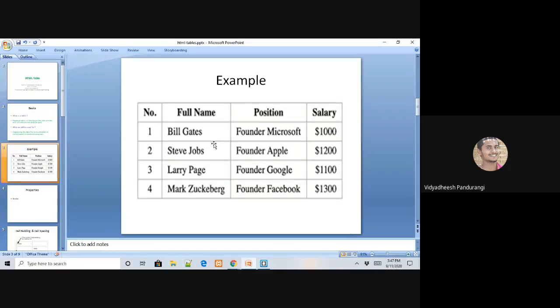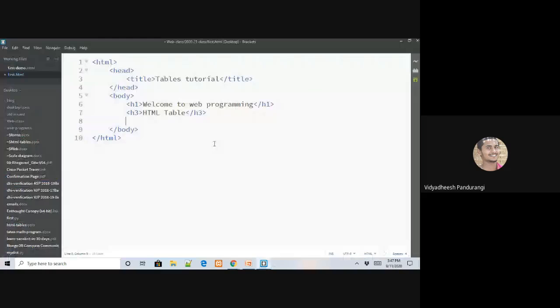This particular table we'll draw. I hope you are aware of the tags for the table. So we have table, and then I'll say tr for creating a row. In tr I'll say td.